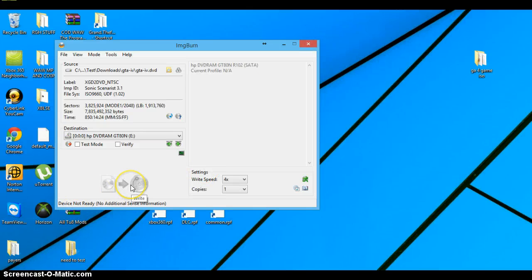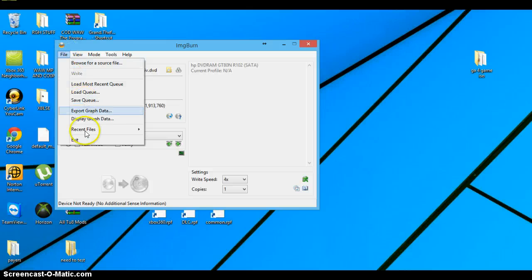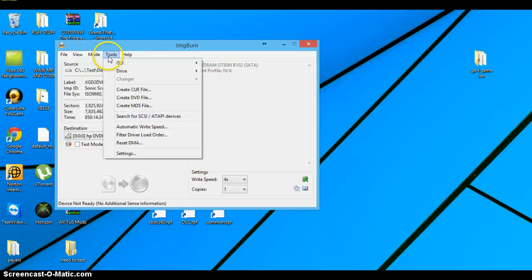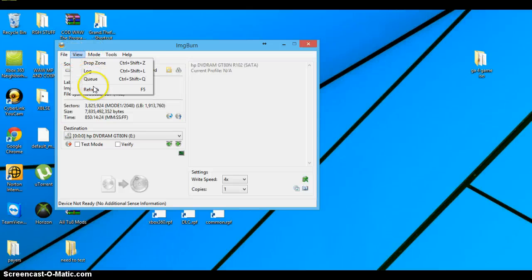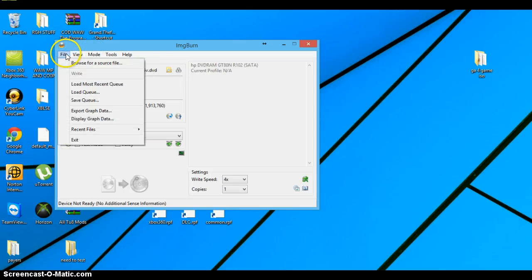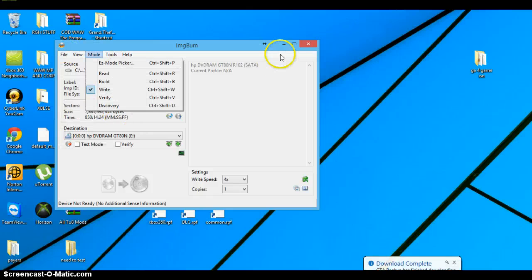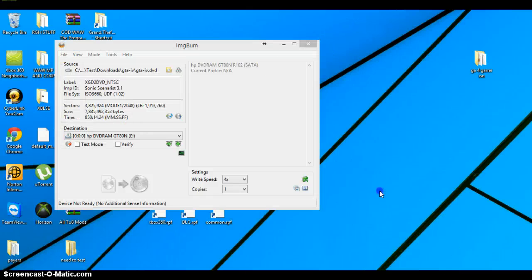You place in your disk, it would say write, you just hit that, it will start running, and then once it goes to 100, you're good. You would also go to 4x, and I'm pretty sure, let me see here. But yeah, I'll be